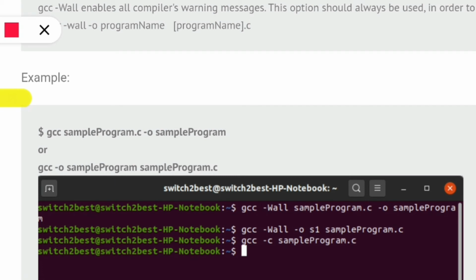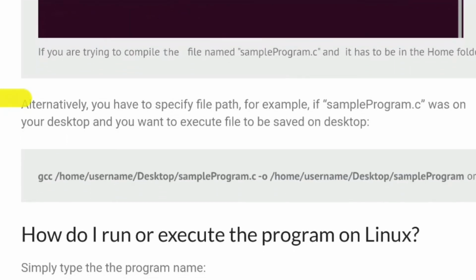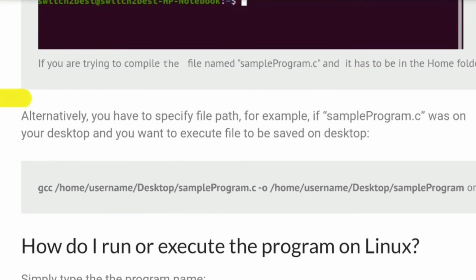This is how I have written the command in the terminal. This is the output screen which I have tried. I have tried two ways, using -Wall or simply the gcc command. Alternatively, you can also specify the program directory path where you have saved the program. Suppose you have saved it on the desktop, you can give the full path directly from the terminal without setting the path. You can run this program also.